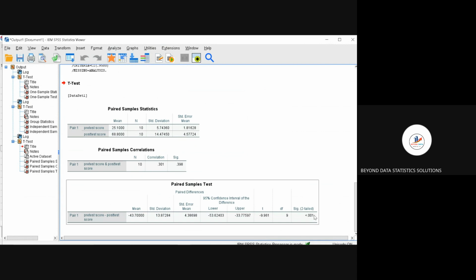So what can you say? We reject the null hypothesis. So what does that mean? The means have a difference. What does that mean again? In conclusion, because when you just tell people the mean has a difference, people will ask the mean of what? They don't even know that you tested the mean of pre-test score and post-test score. They have a difference and there's no need of going to the